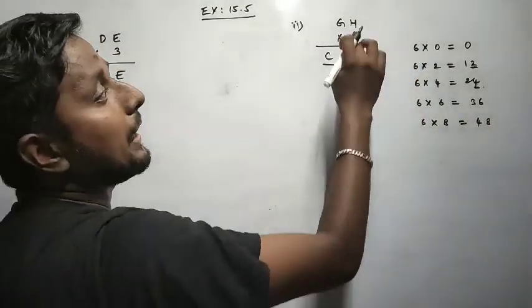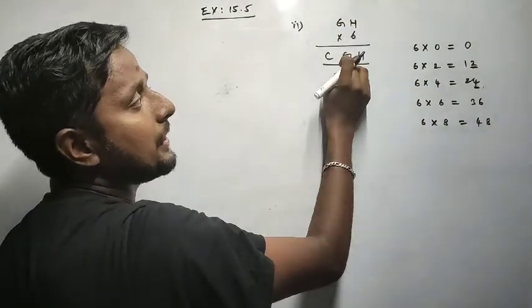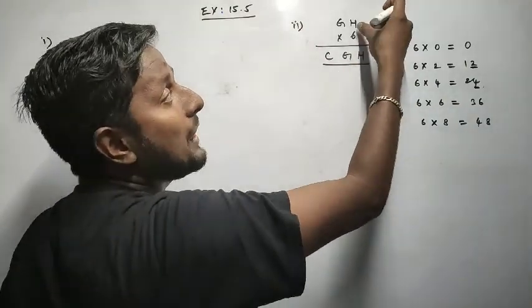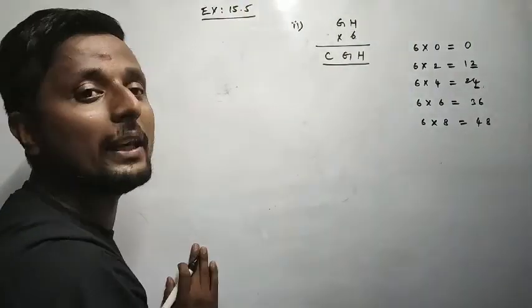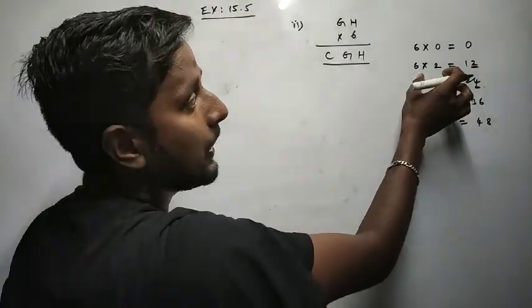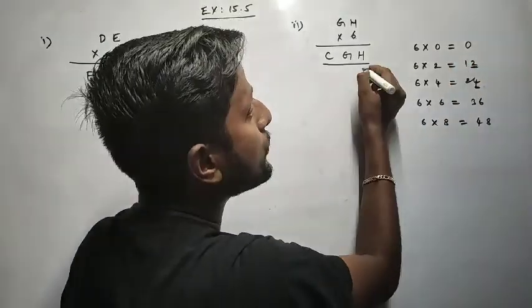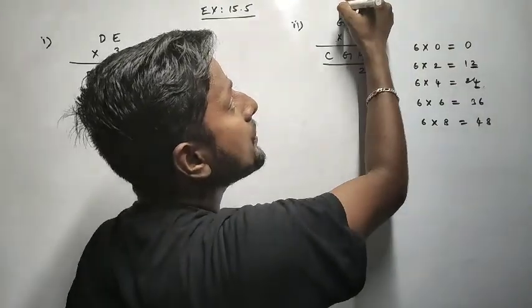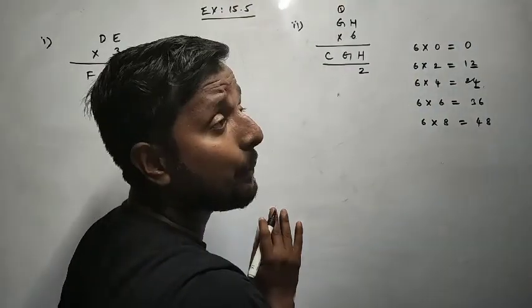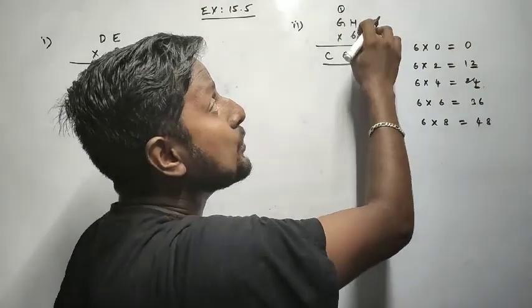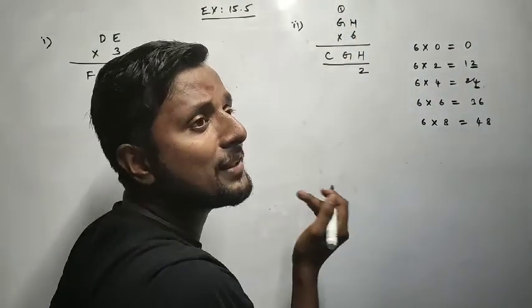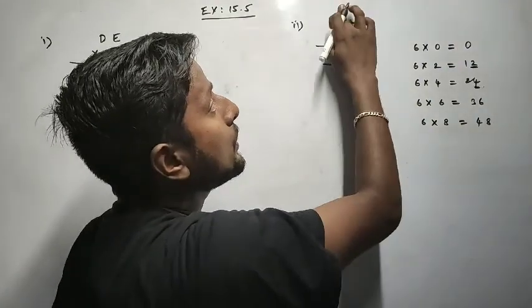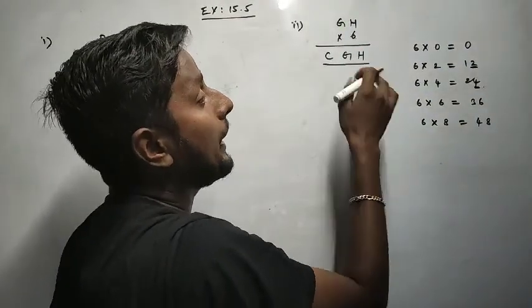Now look at 6 into z, again giving z. That means when you multiply with H, it gives the same number and it's not forwarding any number as a carry. For example, if you take 6 twos are 12, I should write 2 here, and definitely I should send 1 as carry. Then 6 into z plus 1. So again we don't get a chance to get the same number, correct? That means it's not getting anything.